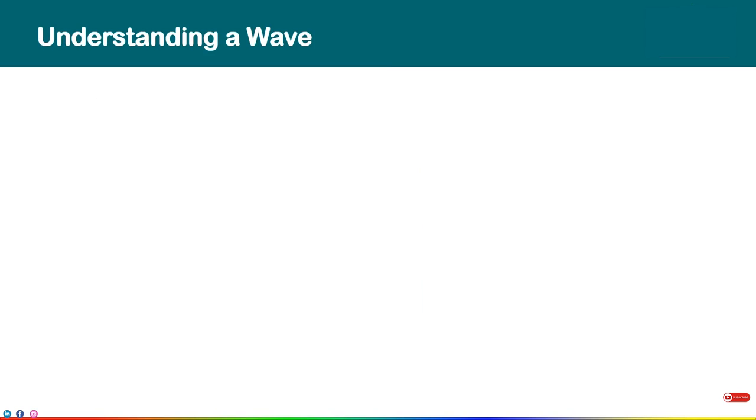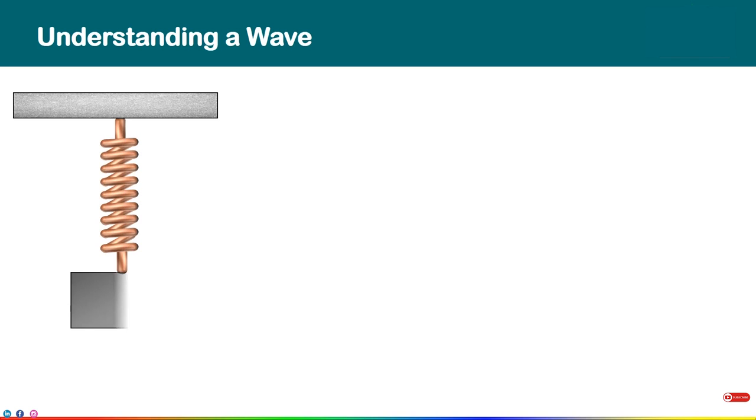To understand what is ultrasonic energy and how ultrasonic energy propagates in a medium, let's take one example. The example of the vibration of a weight attached to a spring. As seen here, a weight is attached to a spring. At its equilibrium position A, two forces are acting on it. One is gravity force G and another is spring tension T.